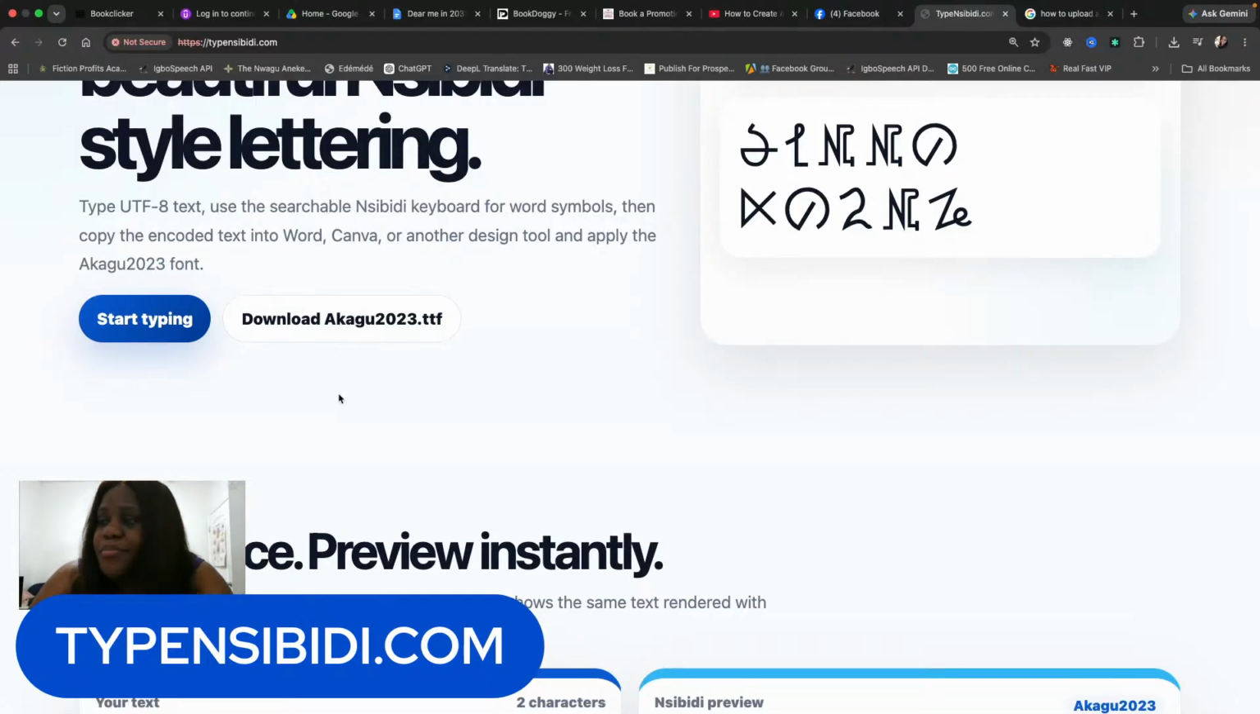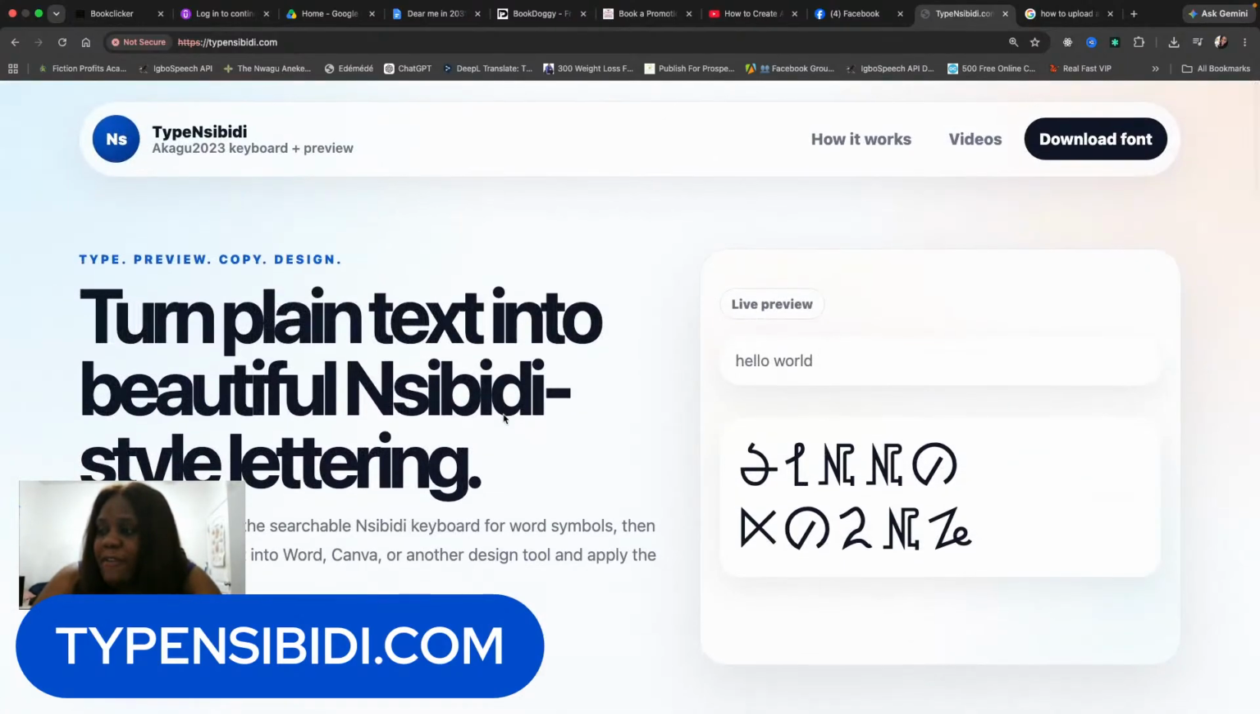But for now, you would just click download Akago 2023.ttf, and then you will have the font installed on your computer. You will install the font by clicking the font, and if you have a Mac, clicking install font when the pop-up appears. So once you have this font,